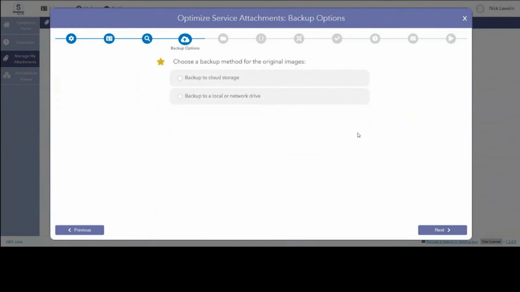And then when we compress the images, the compressed image that's going to be up to 70% smaller is going to be on the service in your organization. But we want to make sure that you also are still able to have the original image at its full size. So in order to do that, before we optimize the attachments that are on the service, we back up